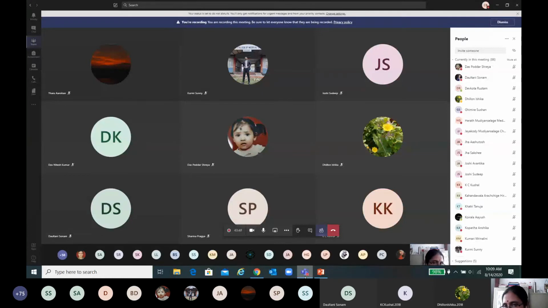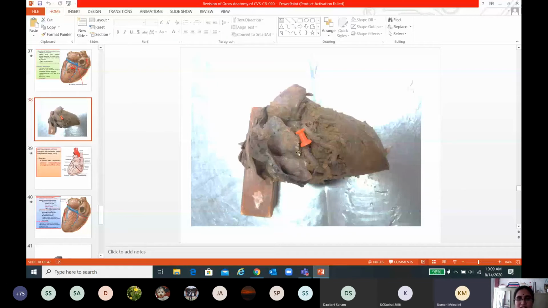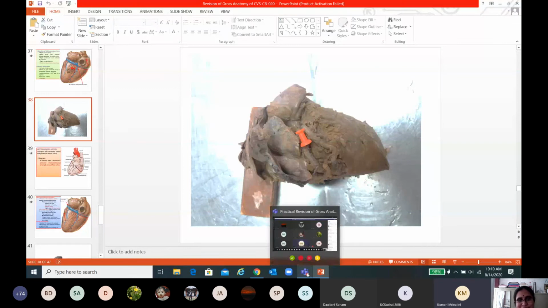Minalini. Are you there? Yes, ma'am. Minalini, can you see the slide? Yes, ma'am. Okay, then tell me what is this red pin vessel? Ma'am, ligamentum arteriosum. Minalini, why will you give me shock?